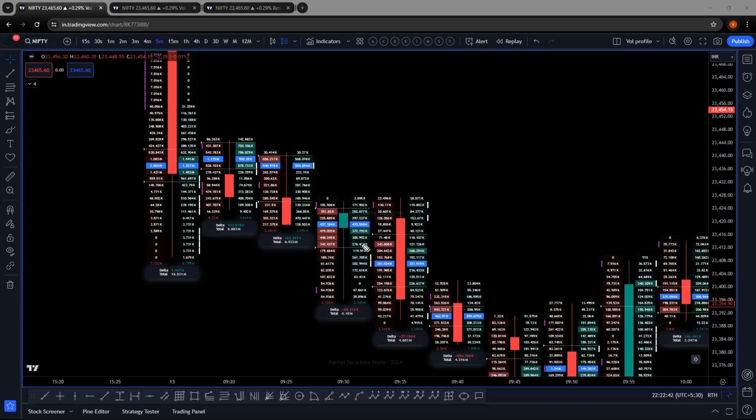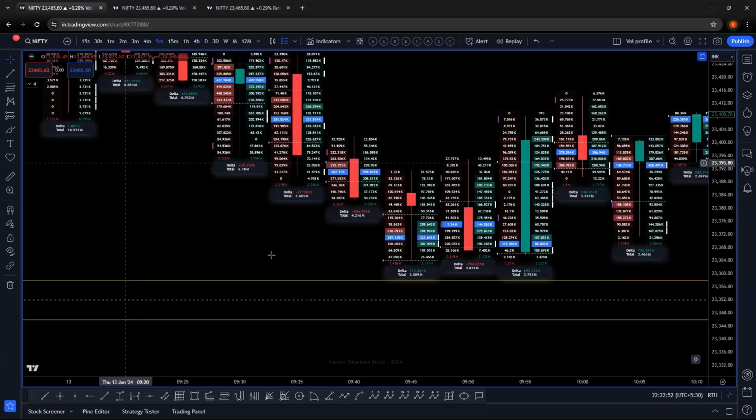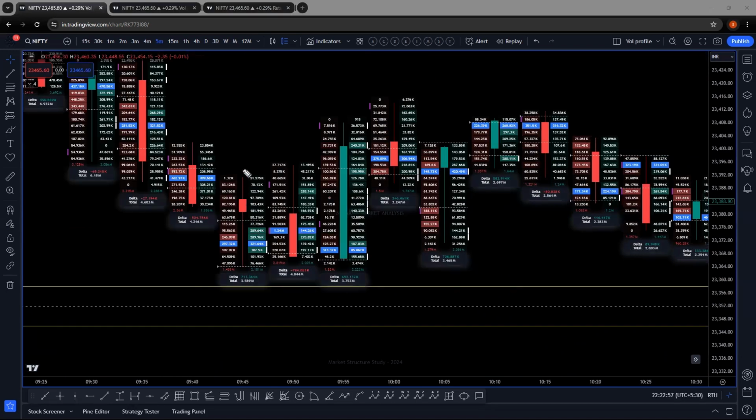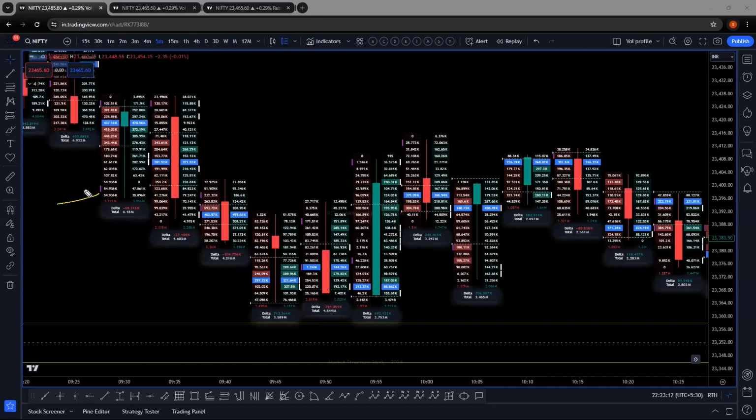So what happens after that? After this trap, again a green color candle, red color delta, and the price starts to fall continuously. It goes down and down all the way. All right, this is around 9:45. You can see a reversal type candle, a doji, a red color candle, and the retail who are now trapped in the market are trying to sell here. They became buyers on this candle. Okay, they became buyers around 9:30 after seeing this reversal candle.